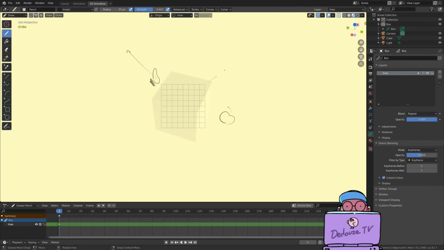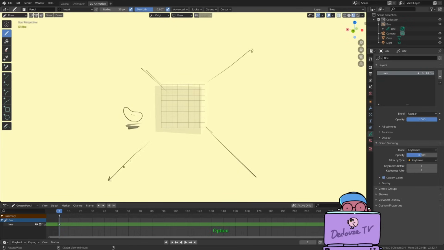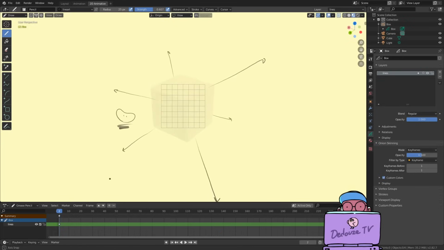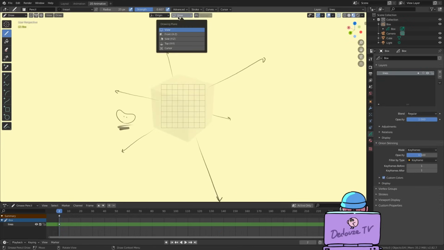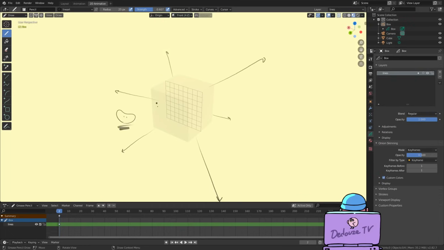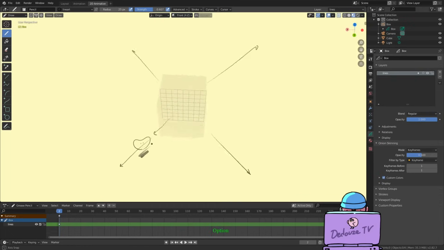If you draw little arrows in the corner of the canvas and then rotate the camera, you see the arrows stay exactly where the canvas was oriented before, while the canvas is rotating with us. If we draw again now, our new lines are aligned with the new current view. I'm going to change the orientation rule to front and the canvas rotates to the front, obviously.